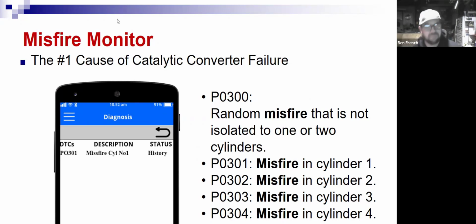Before OBD2, the computers on your vehicles did not check for misfires. After OBD2, they started checking for misfires all the time. In fact, your early OBD2 vehicles, like I remember your 96, 97 GMs, seemed like they were setting misfires right and left. It was really problematic. And what most manufacturers did is they had to bring the customers in and reprogram their computers, reflash them,